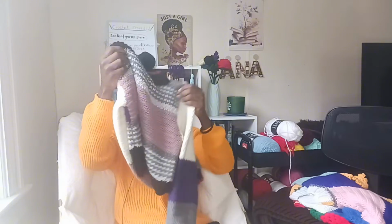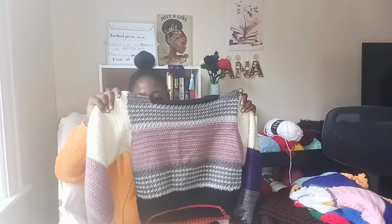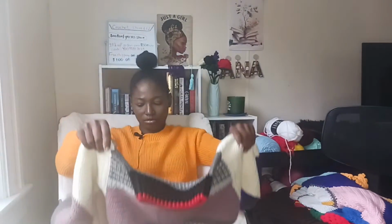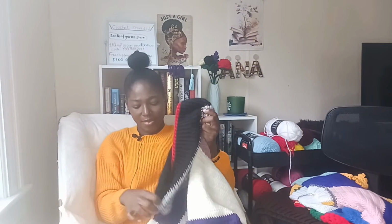This is the top that goes with the suit. I made this in the panel. Normally I don't like making my sweaters panel-like, but I did make this, and it's a vest panel pattern that I used to make this. And then after I made the panel, I made the sleeves. Then I made the other sleeve,